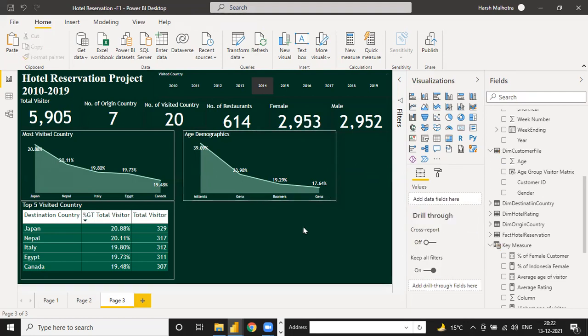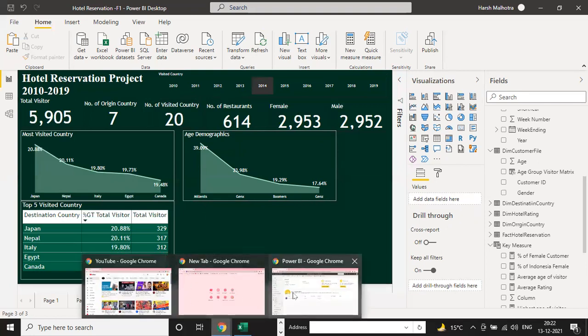And guys, one more thing, suppose this is just the summary page, so you have to make your visualization a little impactful. For this, I am going to show you one thing.